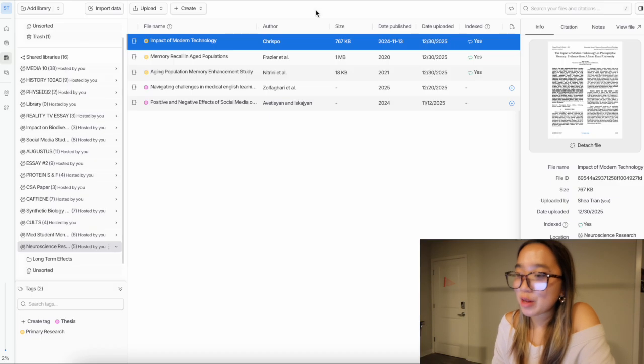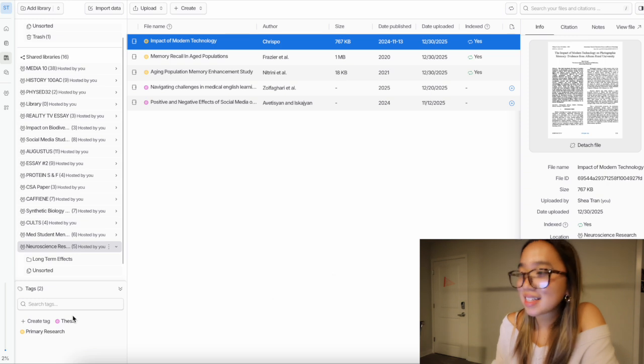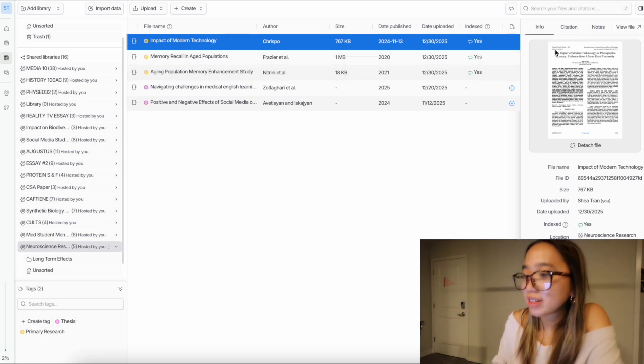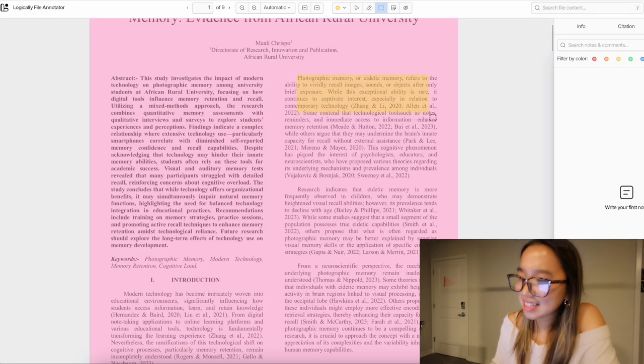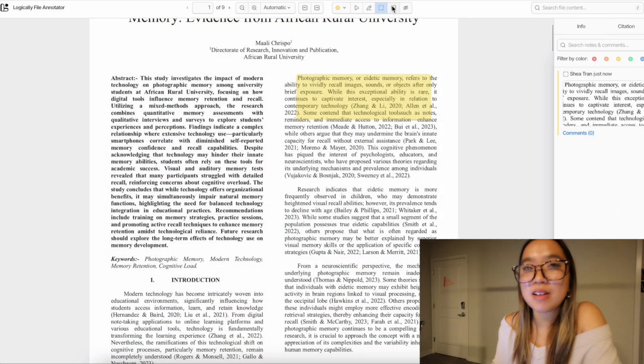In the Logically reference manager, you can set up a folder like neuroscience studies and then create subfolders. I could tag my documents as primary study, background info, or to review and color code them. Open my PDFs in the file annotator and highlight important sentences, area highlight graphs, and leave sticky notes for myself